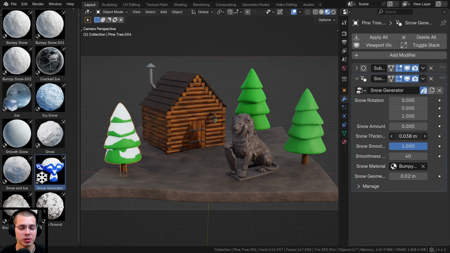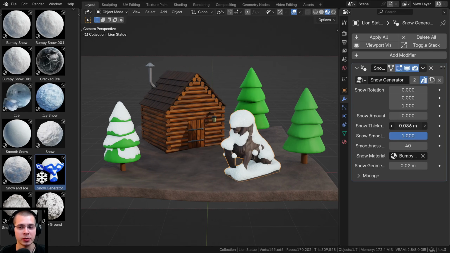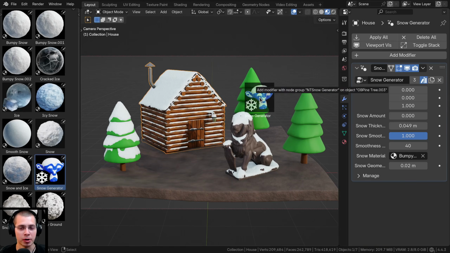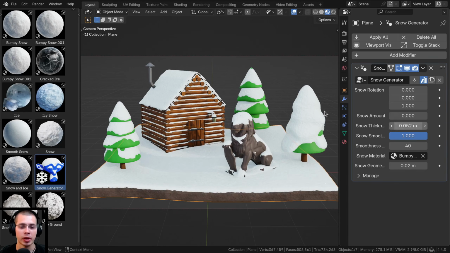In this Blender tutorial, I'll show you how to create this procedural snow generator. So this is a geometry nodes modifier setup which you can add to objects, which will add snow on top